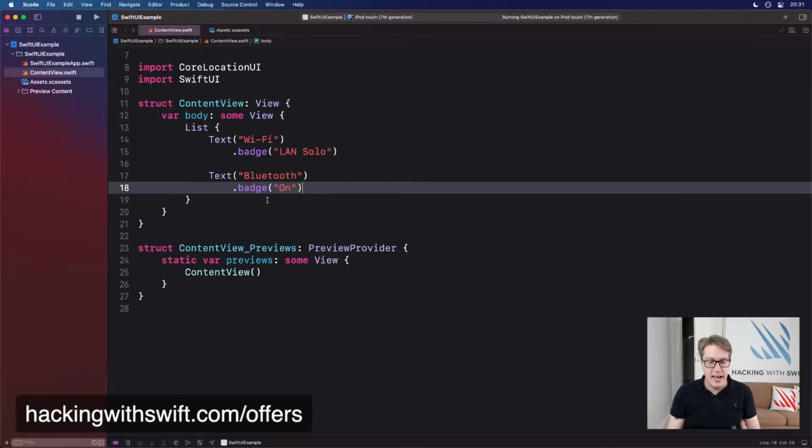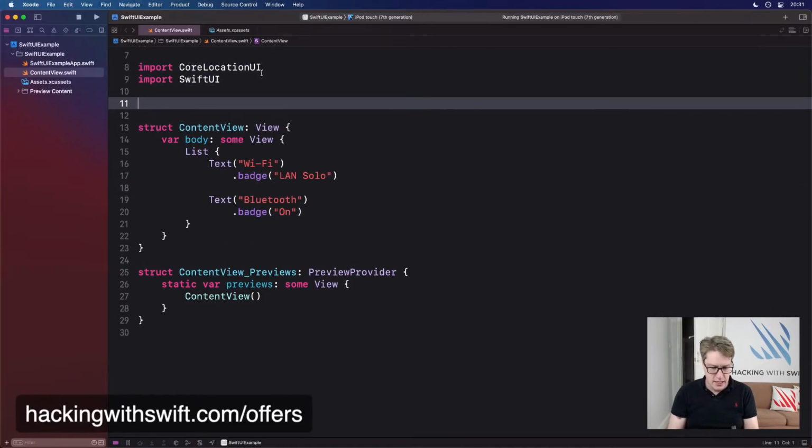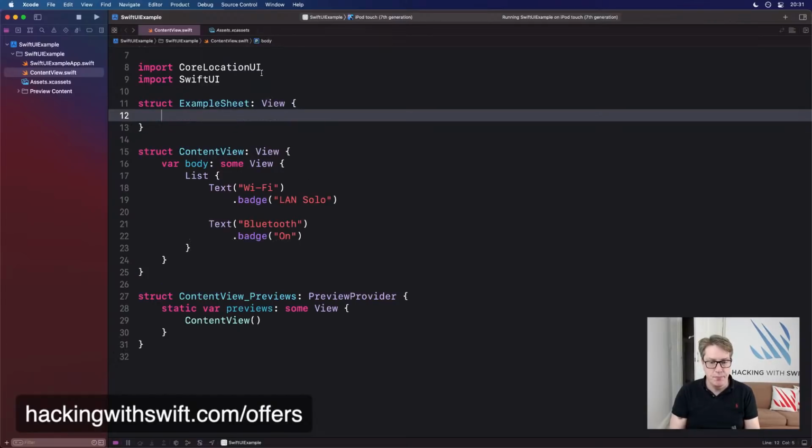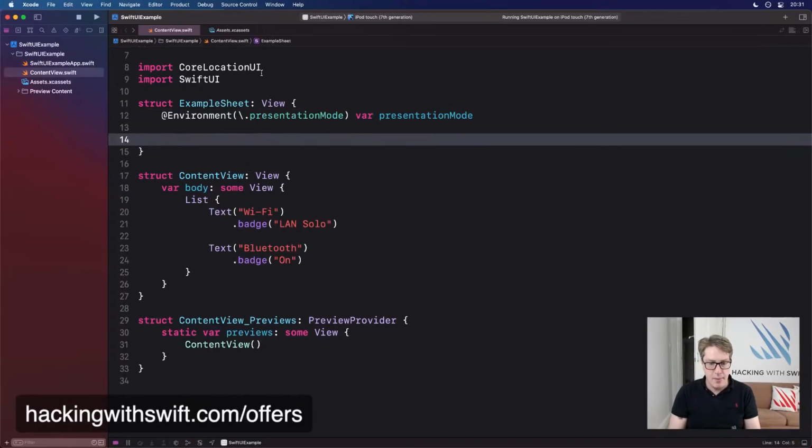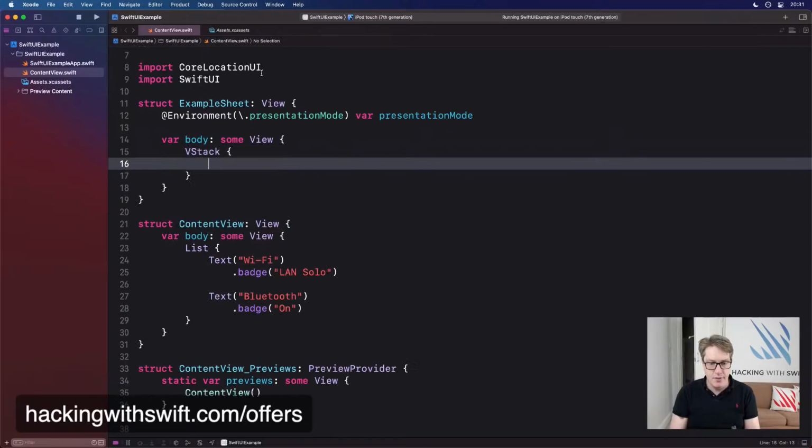For example, you might say, I have a sheet. I'll call it ExampleSheet, which is a view. This has to have an environment property of presentationMode, so we can dismiss ourselves when we're ready. Like this. And I might say there's a body in here and a VStack with text saying this is my sheet view.